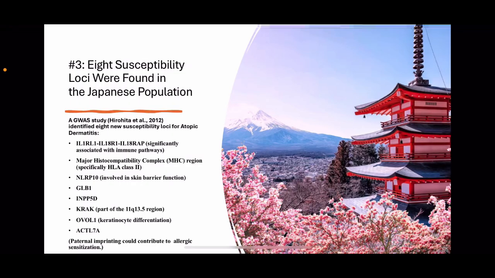As for result number 3, eight susceptibility loci were found in the Japanese population. A GWAS study by Hirota and his colleagues in 2012 found eight new susceptibility loci associated with atopic dermatitis. The first one is very long. It's IL1RL1, IL18R1, IL18RAP, major histocompatibility complex, NLRP10, GLB1, INPP5D, KIF3A, OVOL1, and